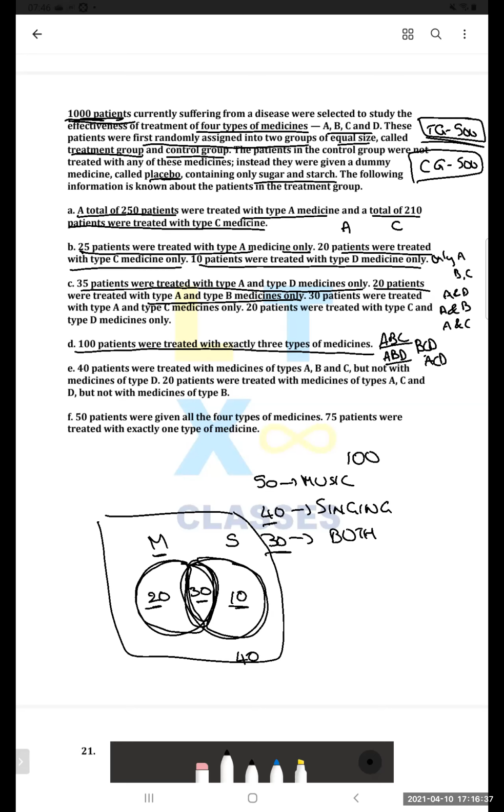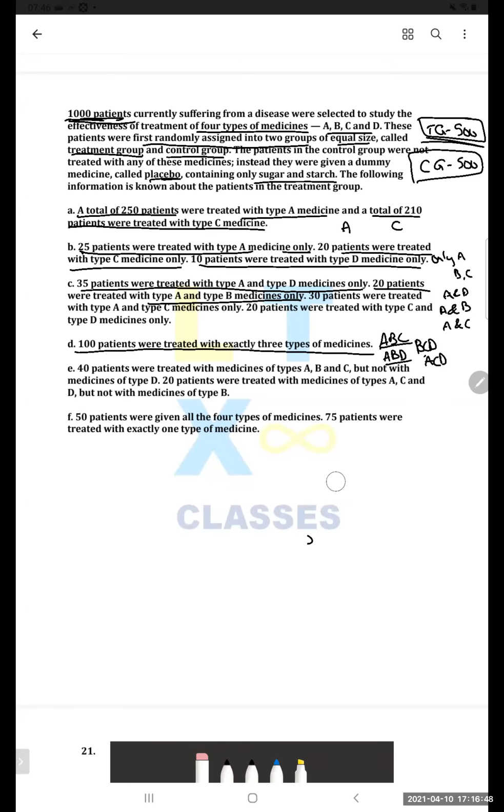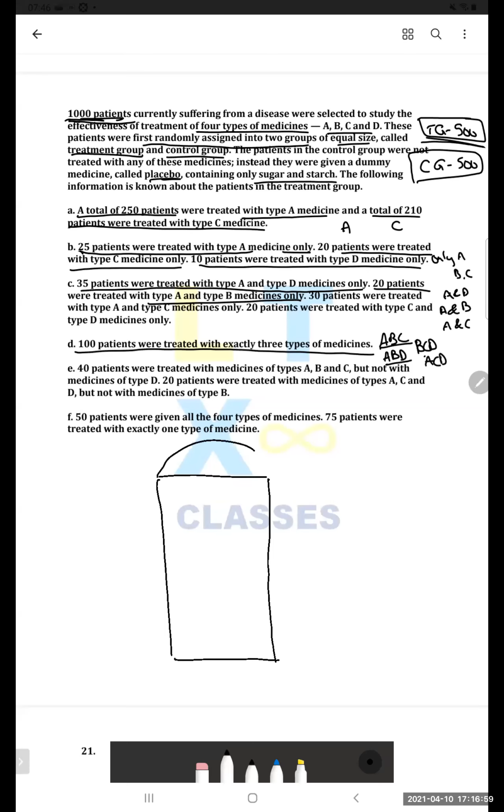Yes, sir. Okay. ఇక్కడ ఏంటంటే మనకి 2 సెట్స్ లేవు, ఇక్కడ మనకి ఏమి ఇచ్చాడు 4 సెట్స్ ఇచ్చాడు ABCD. So we need to represent in a slightly sophisticated Venn diagram. Let's see how we can do it. So we have 4 కాబట్టి, what I will do is I'll take some rectangle boxes like this. So if I call this as A, and if I call this as B, this would be A and B, right?